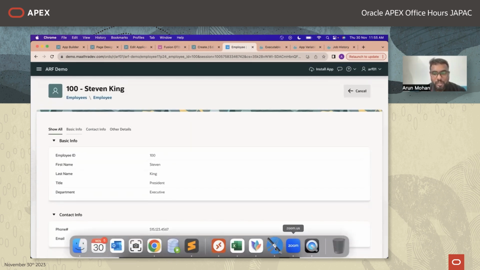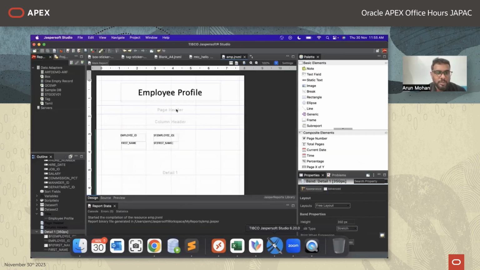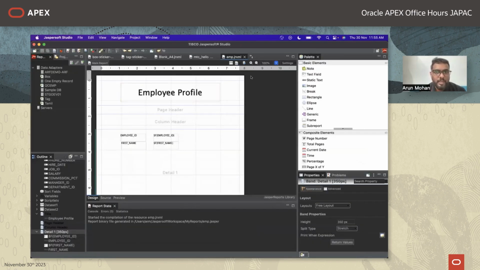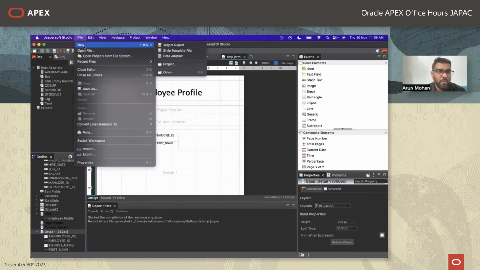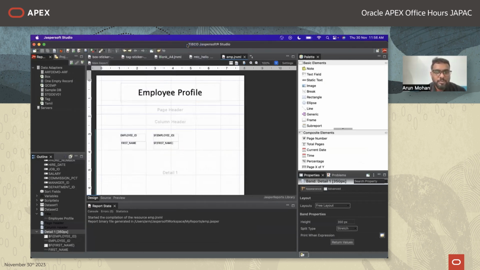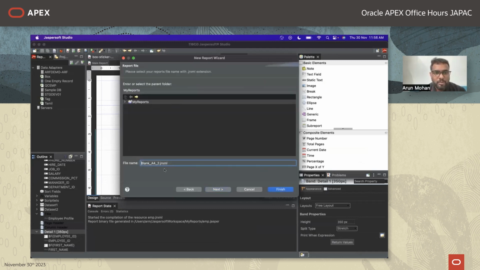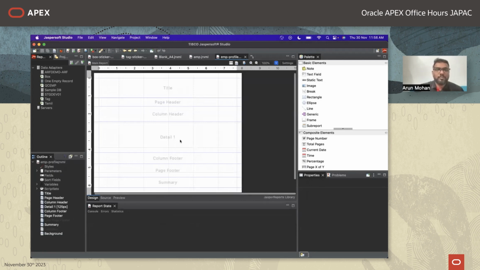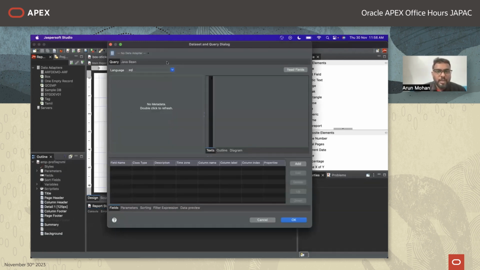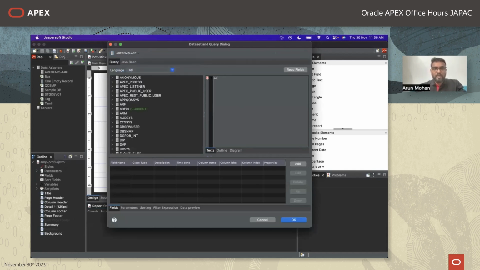So we build the report using Jasper Studio. I hope my screen is visible. I will just create a new Jasper report. We'll create a blank report, and maybe we can give a name like EMP profile, and we'll finish it. We'll connect to the existing, already configured data source, and I can write something like select star from OEHR underscore employees. If I read the fields,